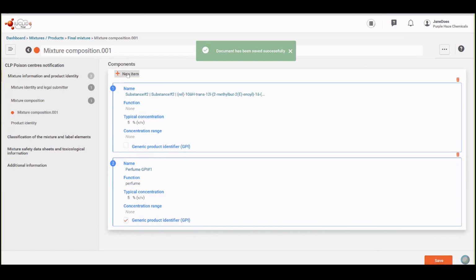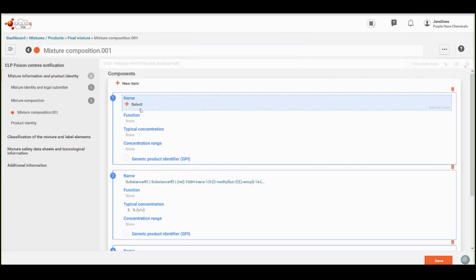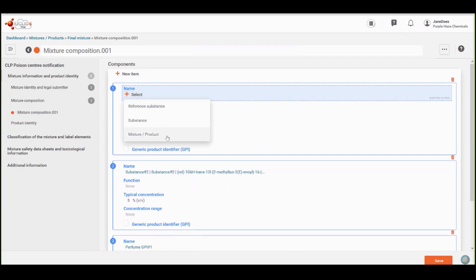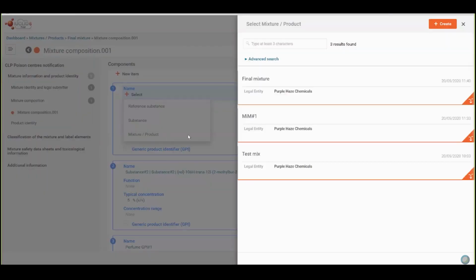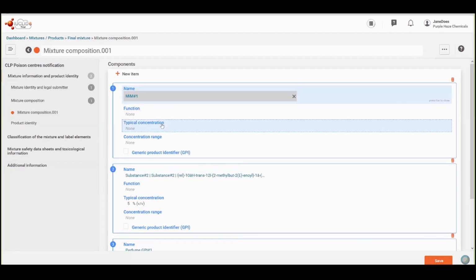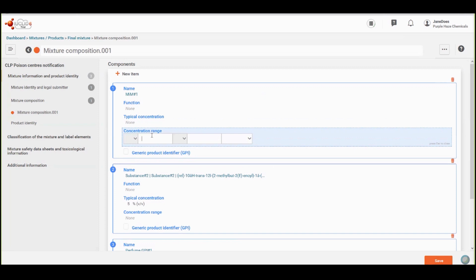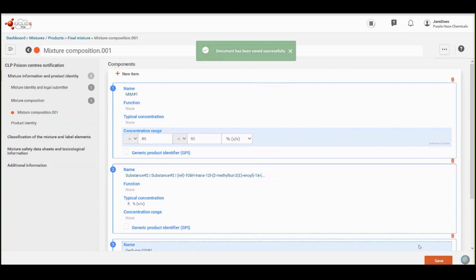and now indicate the mixture-in-mixture component. In the name field, I make the selection of mixture product. Here you can see the MIM1 dataset that I created earlier. I need to enter the concentration. This time I will use a concentration range. I also include the operators and the unit. I've now added all of the components. I press save and return back to the main mixture dataset